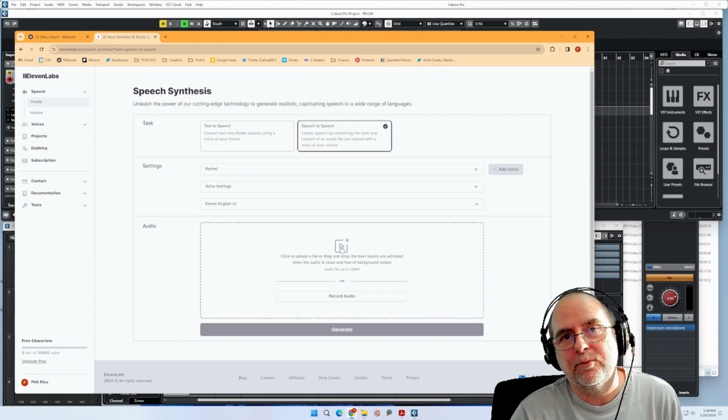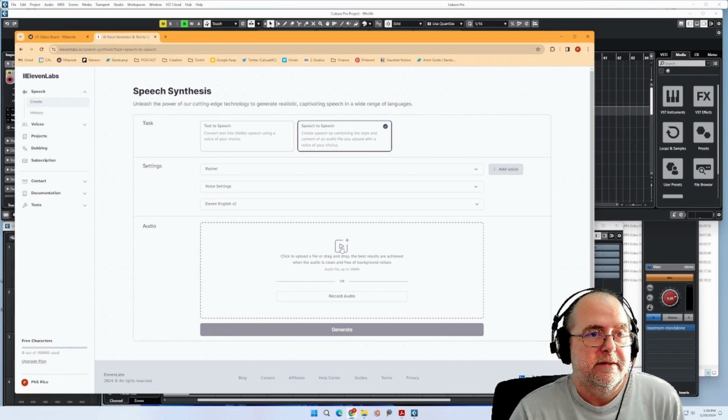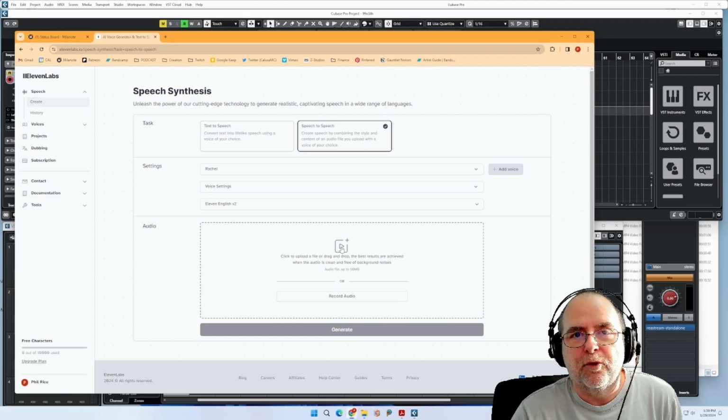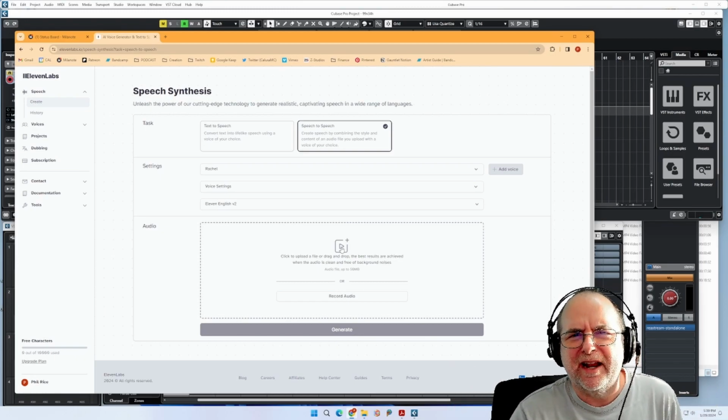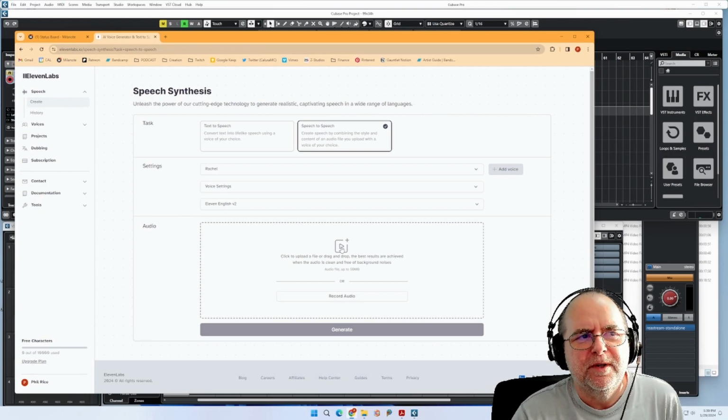It's better to work with a voice actor if you can. But this is interesting tech, and I love the fact that this thing can preserve the original performance, the rhythm, the inflection, but can embody it with another voice altogether. That's kind of amazing, right? So I think for certain situations, that could be pretty handy.